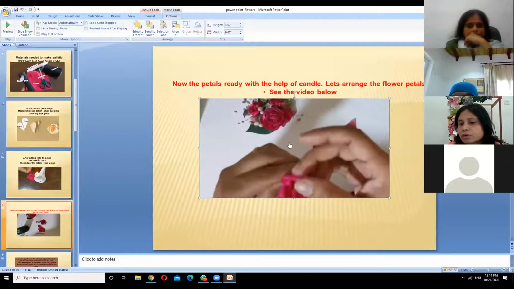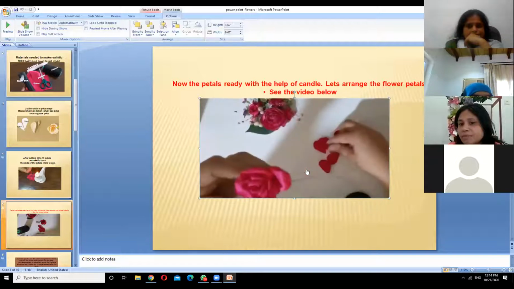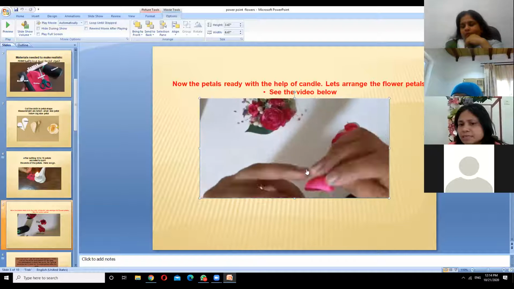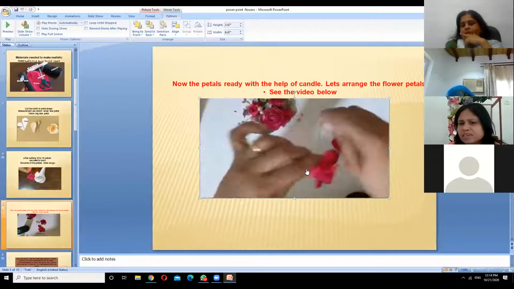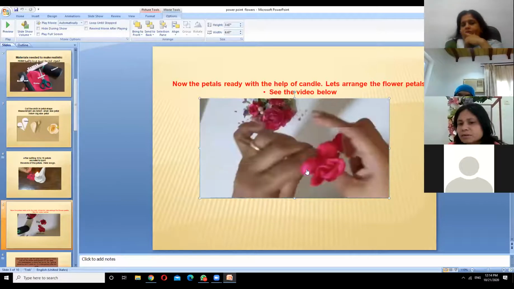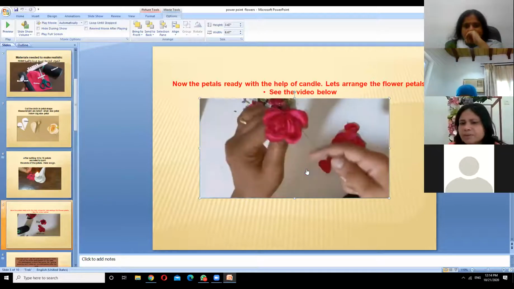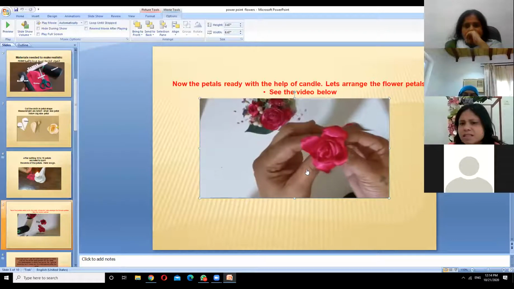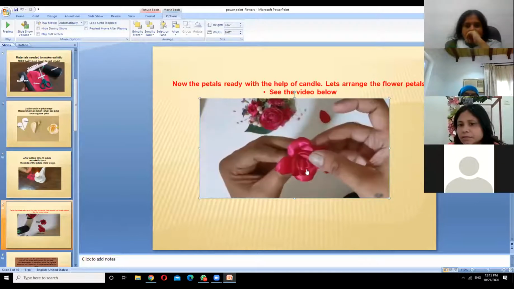That zero kind of thing I'm doing is so that the flower petal remains very firm and nice, and it comes out well. You can stick it with a glue stick also, but then the glue stick will take time. I prefer using thread, and then if I want to stick anywhere else, I will use the glue gun.